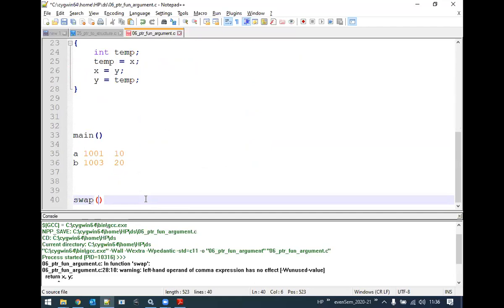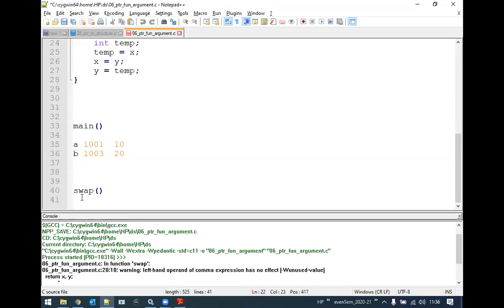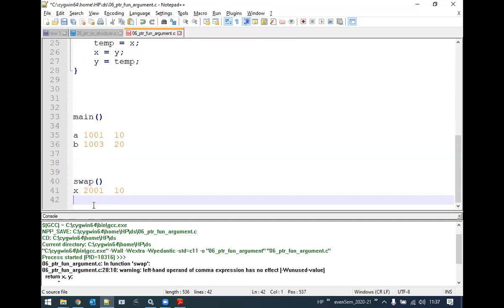For this swap, if you look into the function header here, we are accepting two parameters of integer data type, and the variable names are X and Y. That means with respect to swap, there is X whose memory address is, call it 2001, and it has 10 because we are passing 10 from the main function.